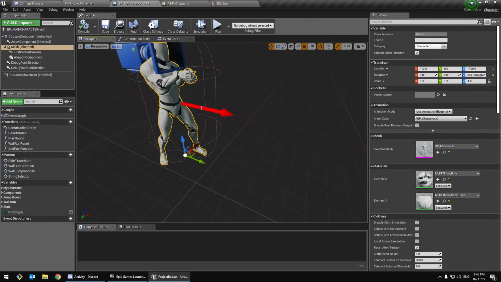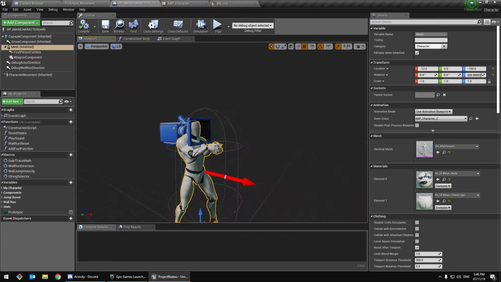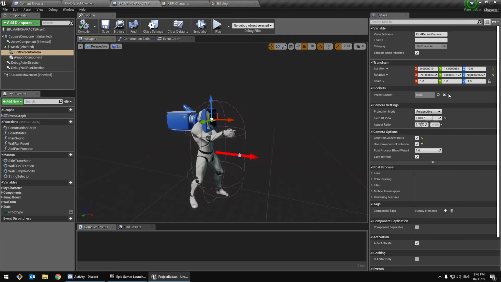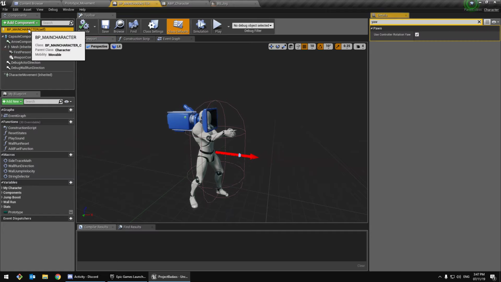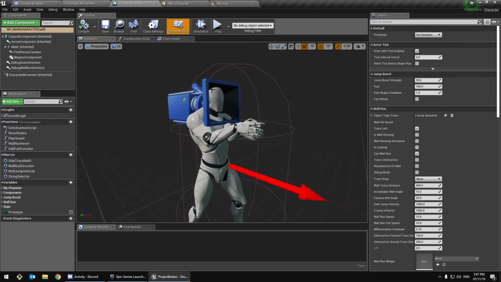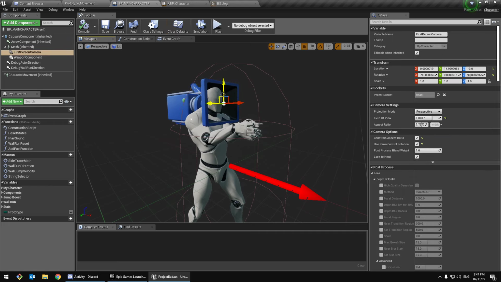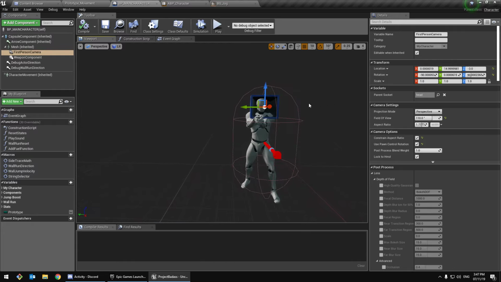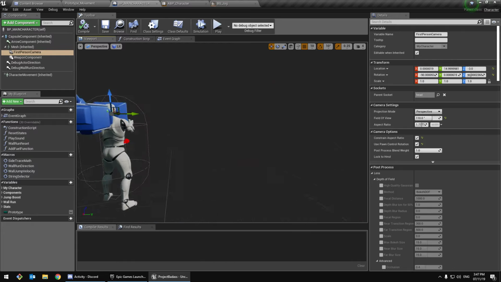So I just have my basic mesh here, just a third person character with a camera attached to the head within the character. I use the controller rotation yaw. So what that basically does is it sets the camera rotation, because it has a mouse look. It sets that to a